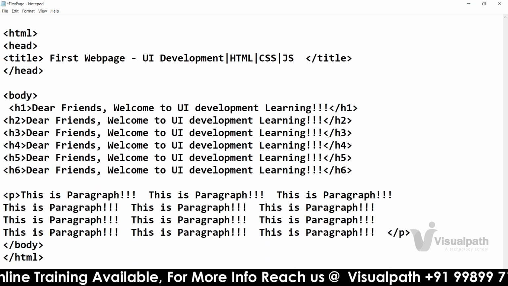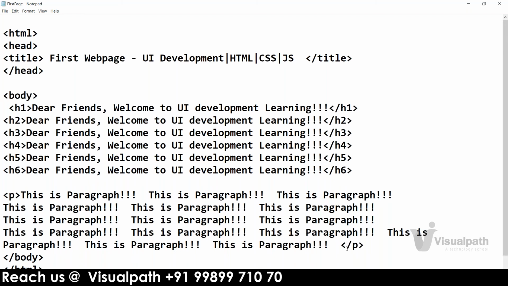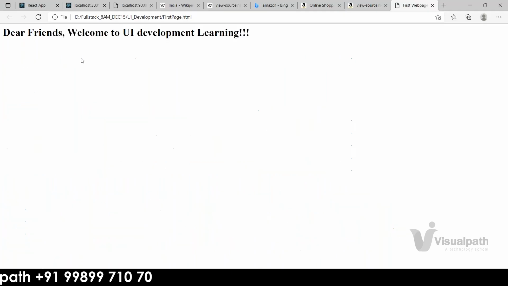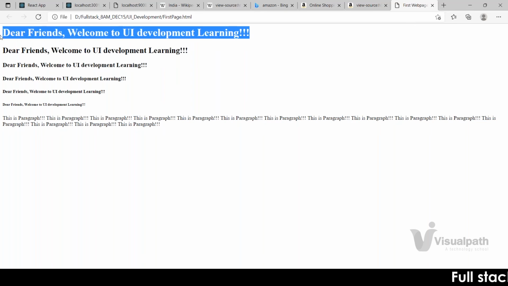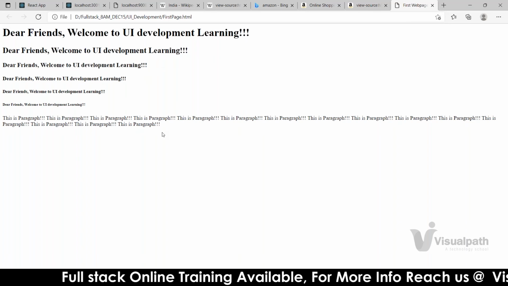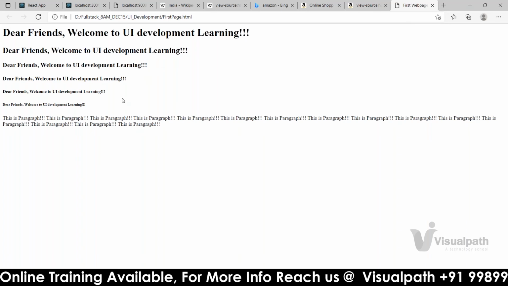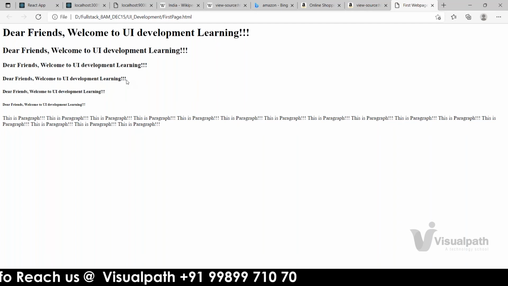Okay, just like that I'm adding. Now save this and just go to the browser, go to the same page and just reload it. You are able to see. This is what I want you people to understand. If you're talking about H1, that size will be different, and if you're talking about H2, then less. And then if you look at this paragraph, which is almost like your H4, I think H4 size and paragraph size may be the same.